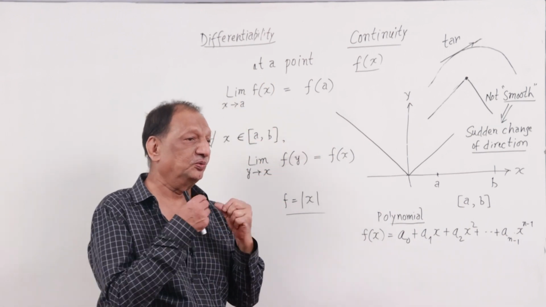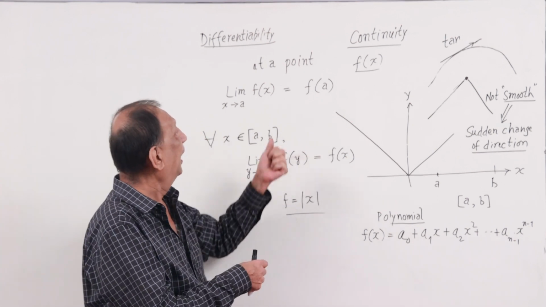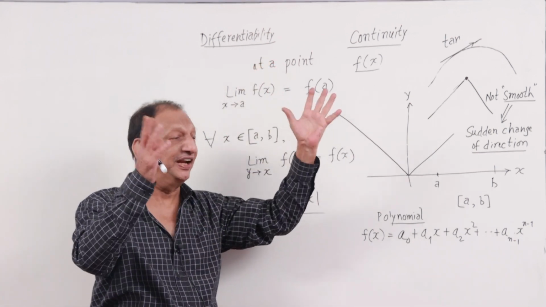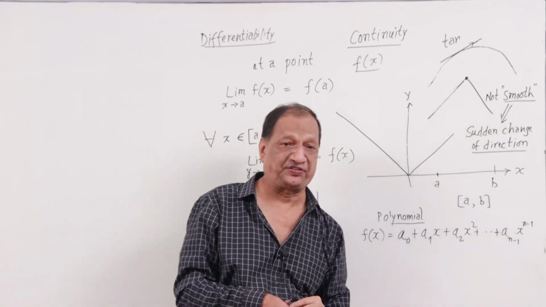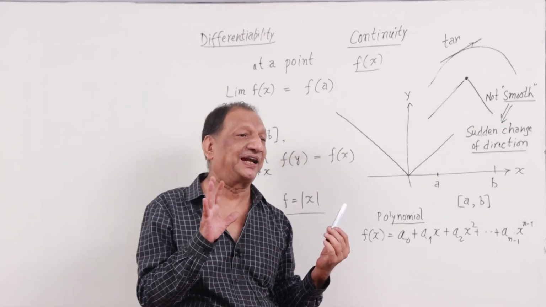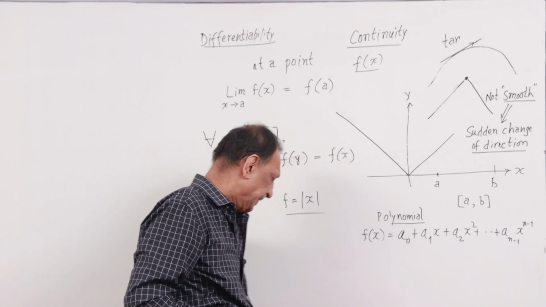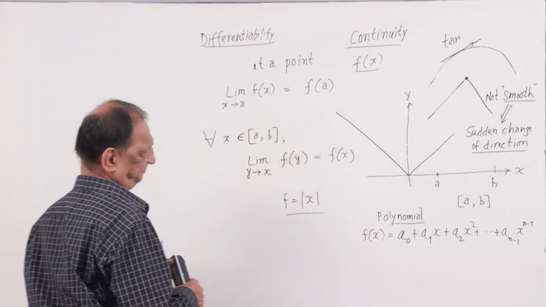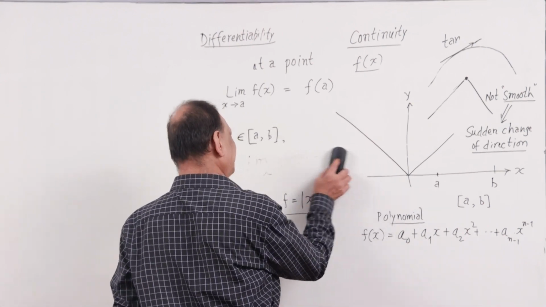So we want to now define that. What is this differentiability, and how do we define that smoothness using the epsilon delta method? I can write the definition for that now,